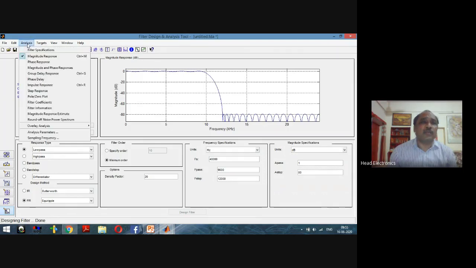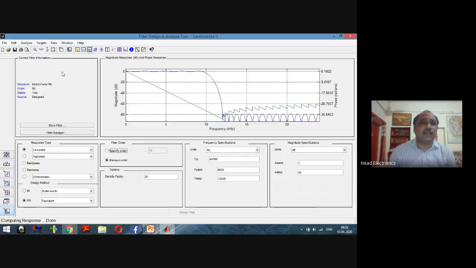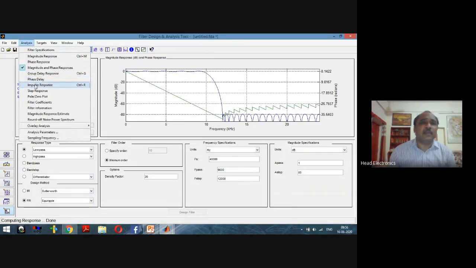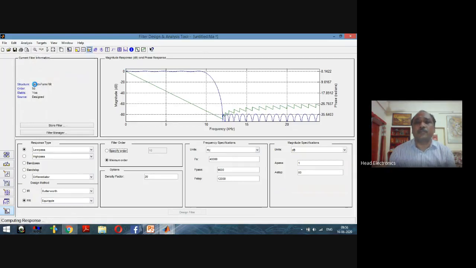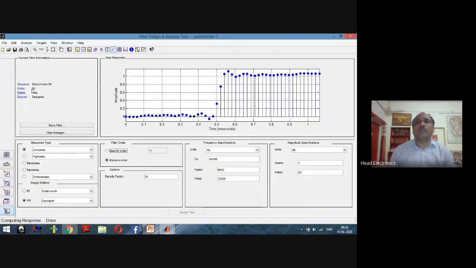That is, what is the amplitude response, phase response, and after this discussion and analysis, if we are getting here a satisfactory result, that is the impulse response is okay, and step response is also permissible here. And we have to analyze all the concepts here.